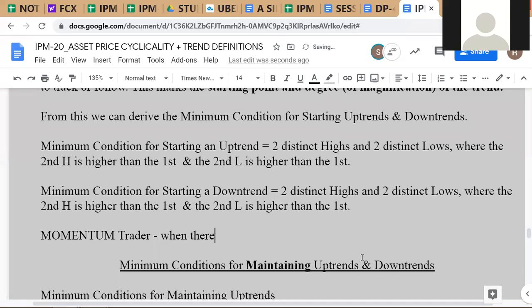so when there is an uptrend, okay, maybe I'll just write it with capitals, it's easier for me to see. Wants to be, okay. So here now, what is the answer here? Does the momentum trader want to be, when there is an uptrend, and if you are a momentum trader and you see there is an uptrend, okay,